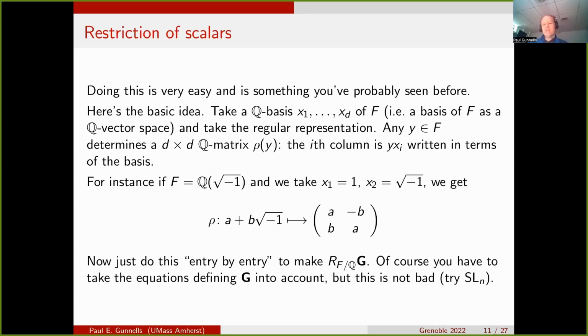It's actually a lot easier to figure it out yourself than to try to read someone else's description of it. So I think it's better to go and just try to work this out for SL_n, even for this example of this field, and you'll see exactly what you have to do to make it work. Okay, and again, this is kind of a lowbrow description of what restriction of scalars is, but it's excellent for practical applications, and it's really what's going on. So you don't necessarily learn more by trying to make it super fancy. But anyway, that's what it is.